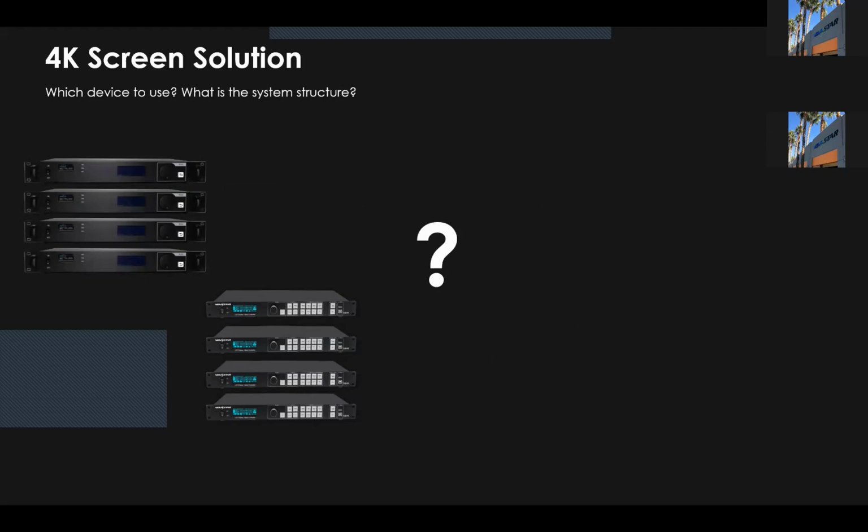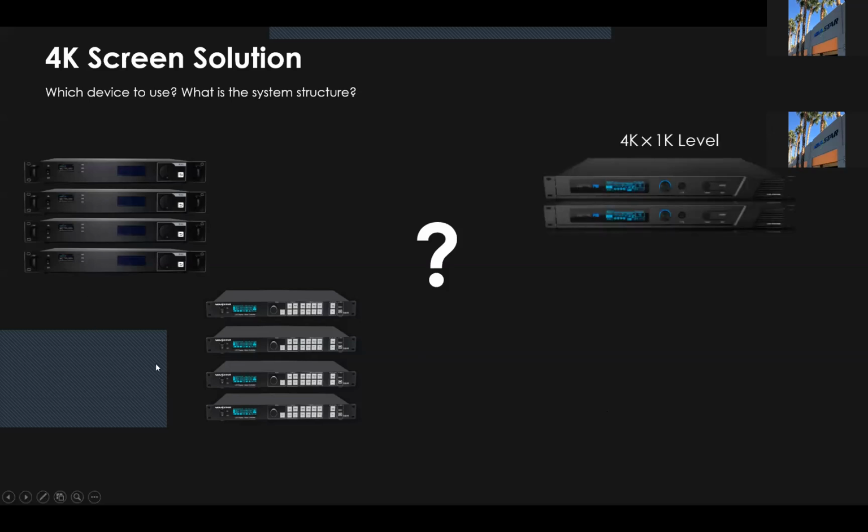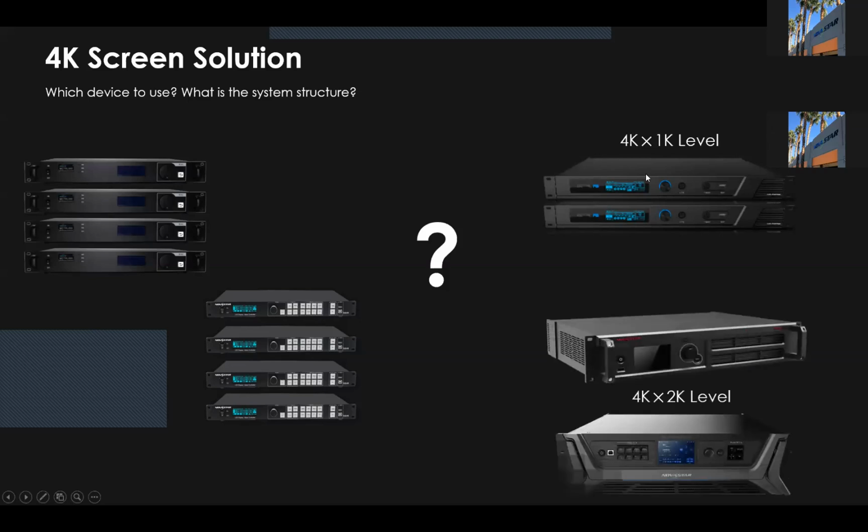Today, we will use the 3840 by 2160 as the example to demonstrate the 4K solution design. Let's say those are the Full HD level, and this is the 4K by 1K level, and those are for the 4K by 2K level.